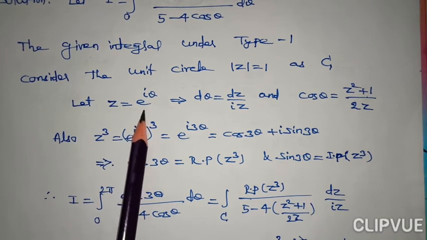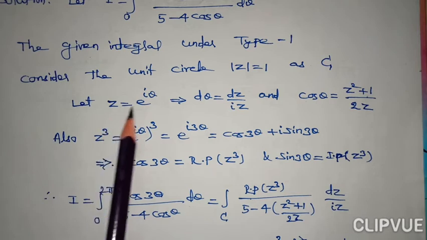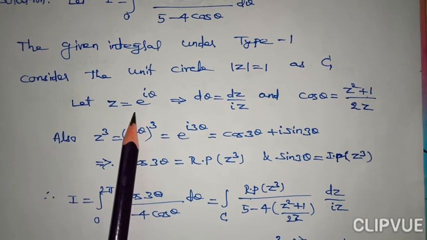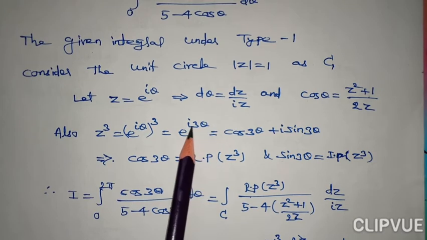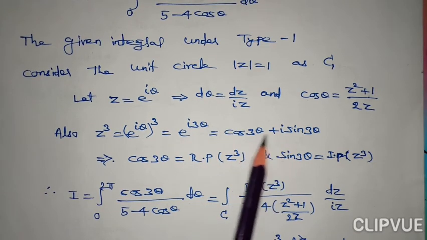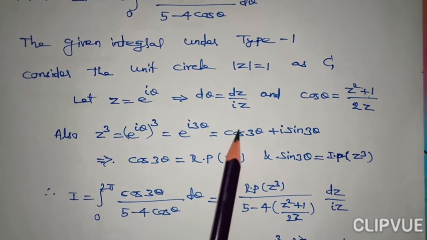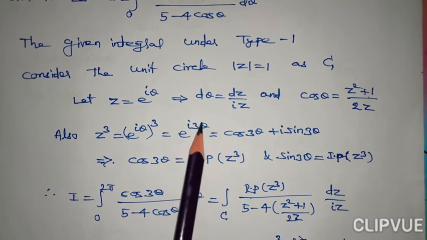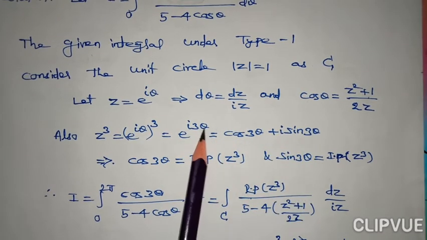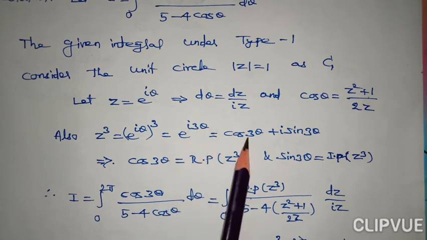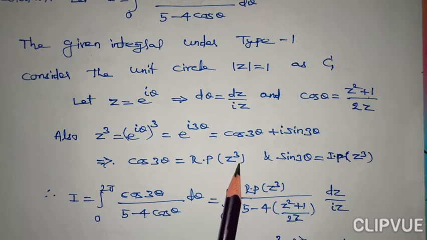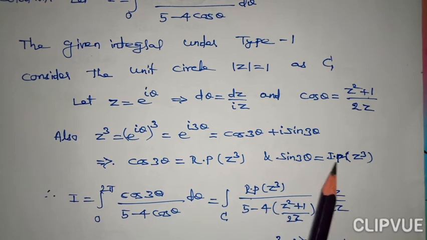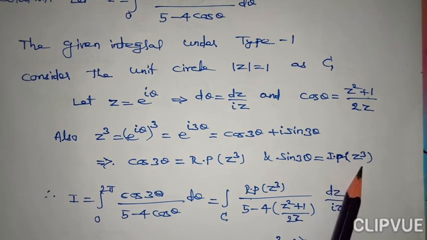Now from this, how to bring cos 3 theta? Just cube both sides. If you apply the cube on both sides, that gives you e power i 3 theta. If you express this in complex form, that is cos 3 theta plus i sin 3 theta. Here cos 3 theta is nothing but the real part of this e power i 3 theta, and sin 3 theta is the imaginary part of the same. Now in our question we have cos 3 theta, so you can express cos 3 theta as the real part of z cube. Suppose it is sin, then you need to express the imaginary part of that z cube.